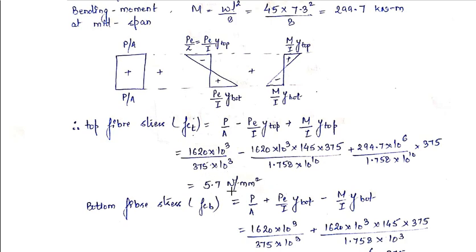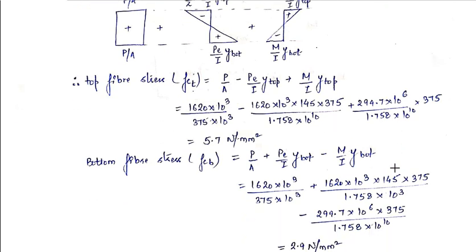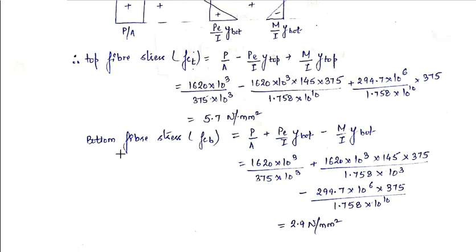Now this value is coming out to be positive. Therefore, compressive stress will be produced at the topmost fiber. And now let's come to the bottommost fiber. At the bottommost fiber, the total stress will be plus P/A plus Pe/I into y bottom, minus M/I y bottom. Now putting all the values, we will get the value of the stress at the bottom fiber to be 2.9